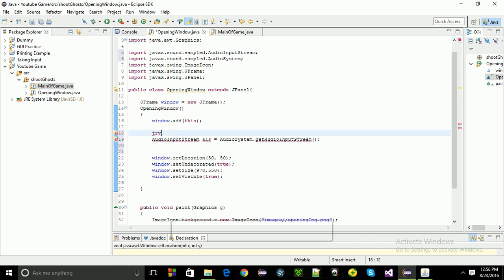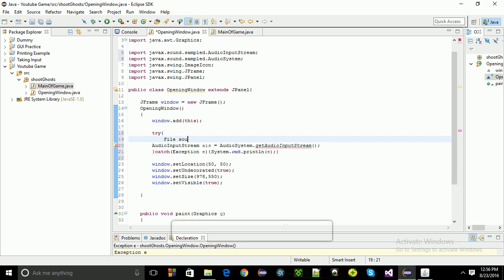So for the file I would need to surround it with a try catch, and everything should go under the try catch actually. So catch Exception e, sysout, Control E. So now I'm going to be opening a file named sound equals new File,